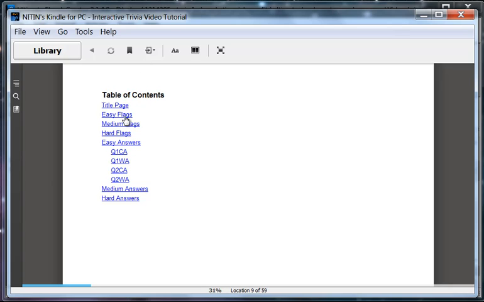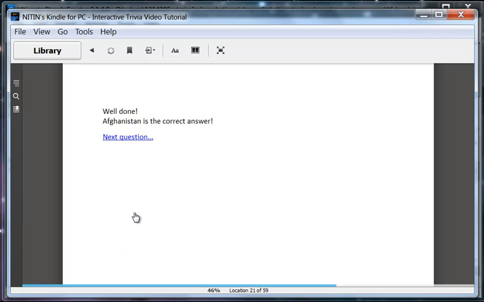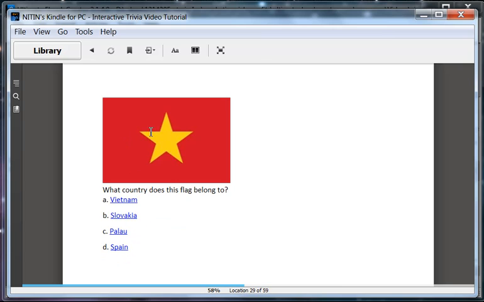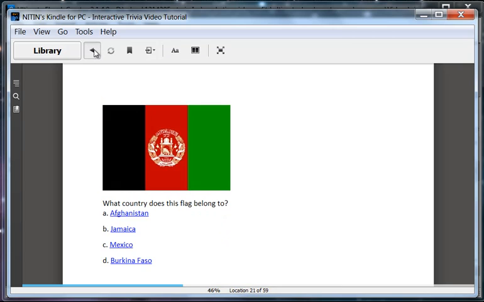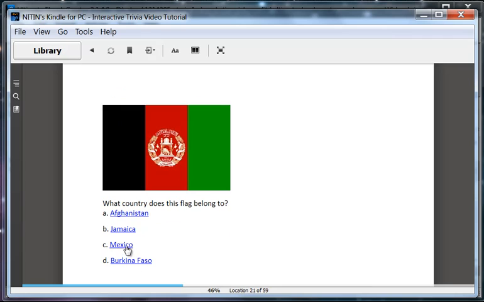So we'll go to easy flags. There you go, you've got your easy flags. If you click on Afghanistan, it's going to say, oh, well done, Afghanistan is the correct answer. Next question actually takes you to the next question. So let's say you said Jamaica. It'll say, oops, that is the wrong answer, try again. So we go back to the same question, right? And then once you get it right,